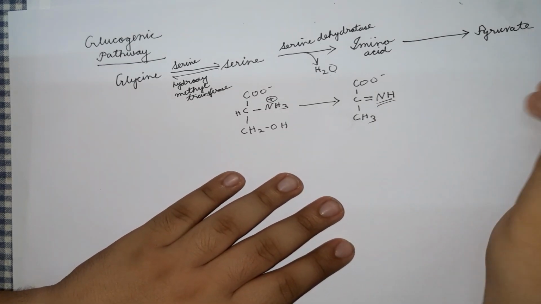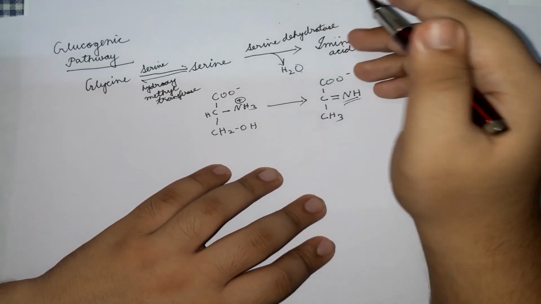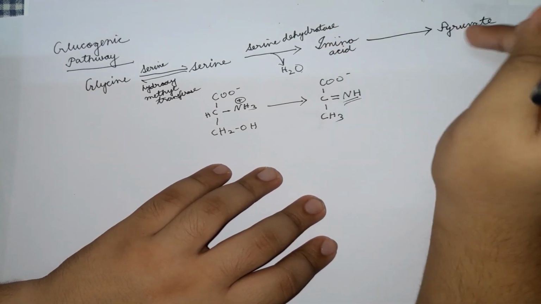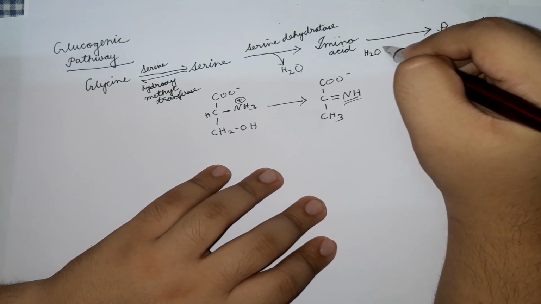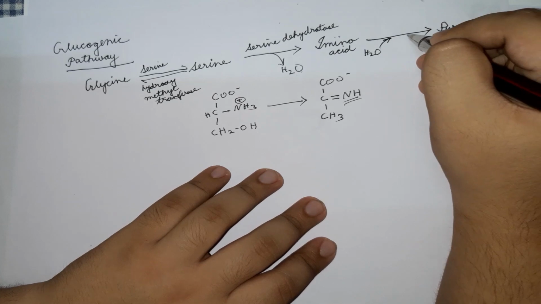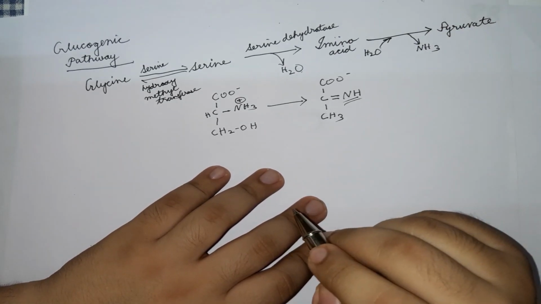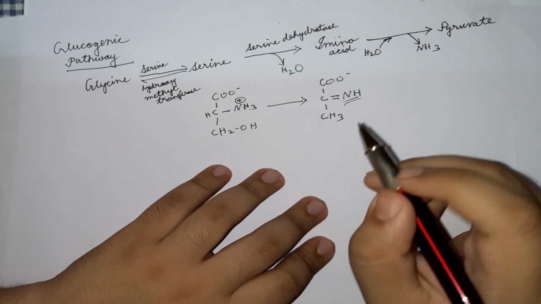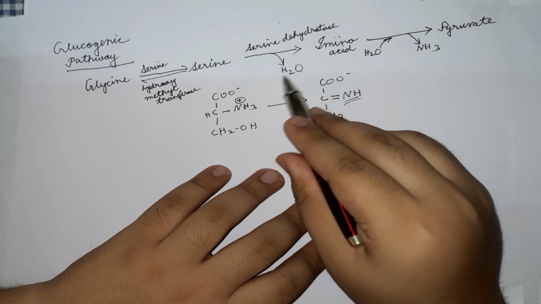From amino acid, how is pyruvate being formed? You see, I forgot to write here in this step. It's not an instant thing from amino to pyruvate. Here one molecule of water is required, firstly. Secondly, a molecule of ammonia is given out. Interesting. What is happening here is that you are adding a molecule of water, so you just dehydrated it and